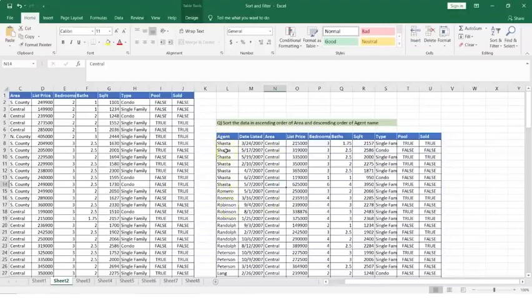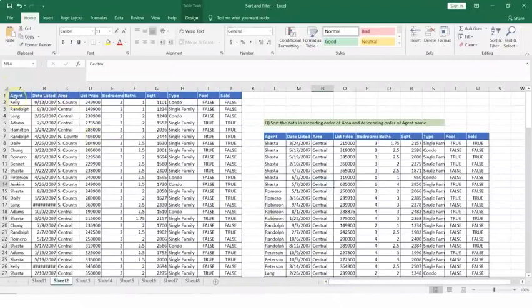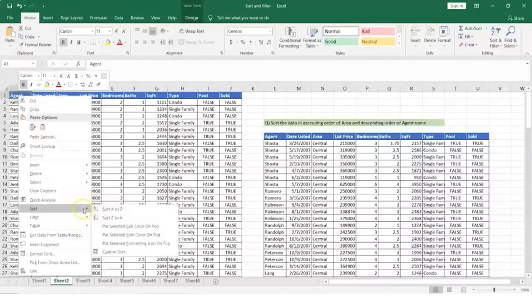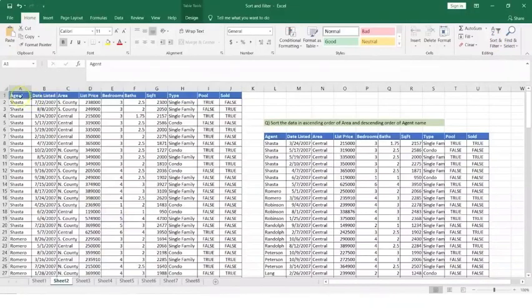So we can start with any particular column, that does not matter. So for example, if I look into this Excel sheet, I have my agent name, select this, which we want in a descending order. So we could either do a sort and then go for descending sort Z to A. We could also use the filter option here on the top right, or I could just say sort Z to A, and then it has arranged the data based on the agent column being in